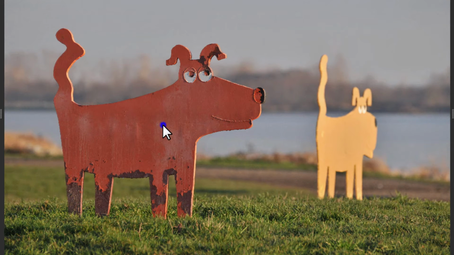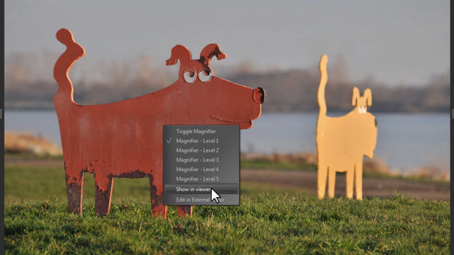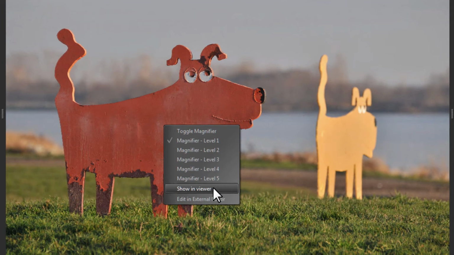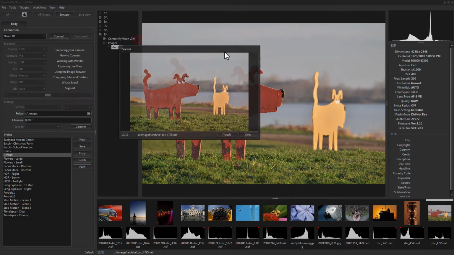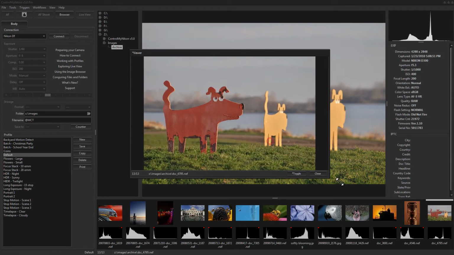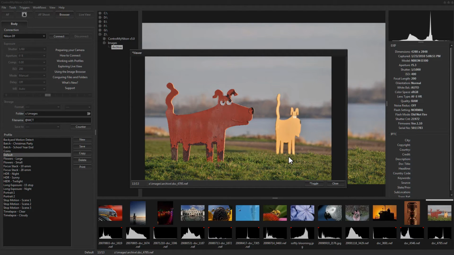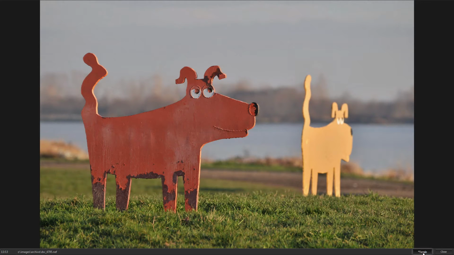Let's see what else we have. Right click, and we look at Show in Viewer. Now this allows you to view this image in another window. And by default, it brings up this small window. And what we can do here is bring this window full screen just by clicking on the toggle